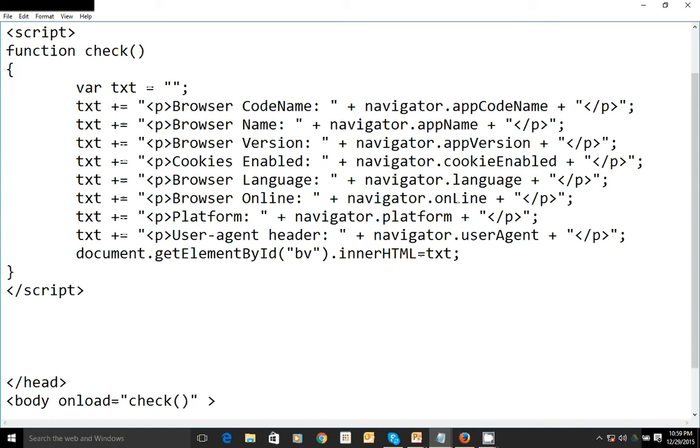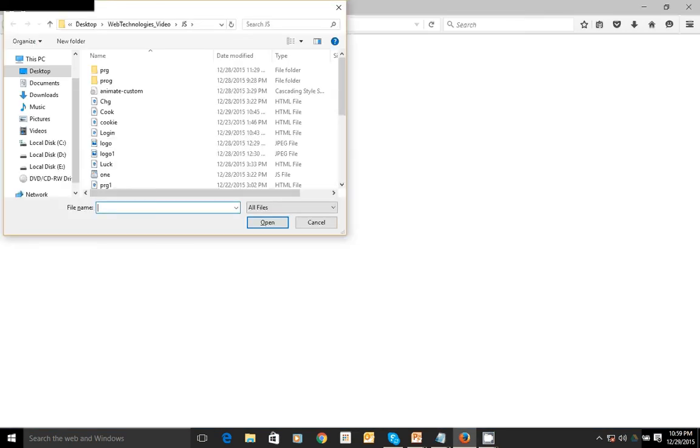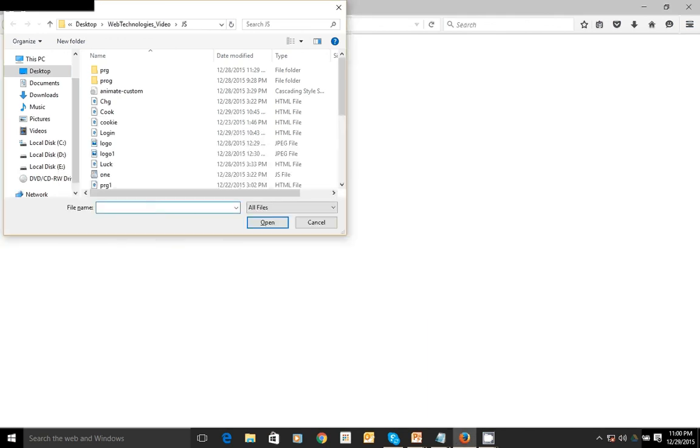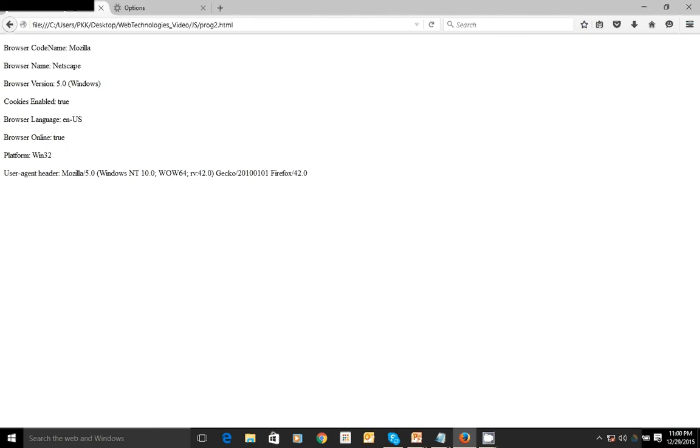So let's run this program so that you will understand the benefit of it. Here browser code name is Mozilla and browser name is Netscape. Version is 5.0.